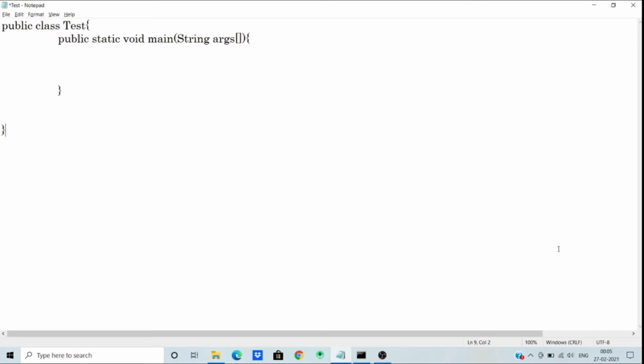Let's understand operators with the help of a program. I already defined a class named test, and to perform operations we need variables. So first of all we need to declare variables x and y.